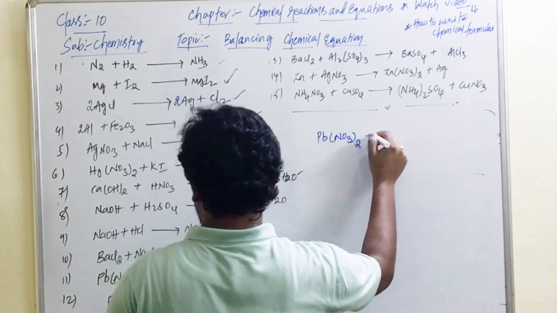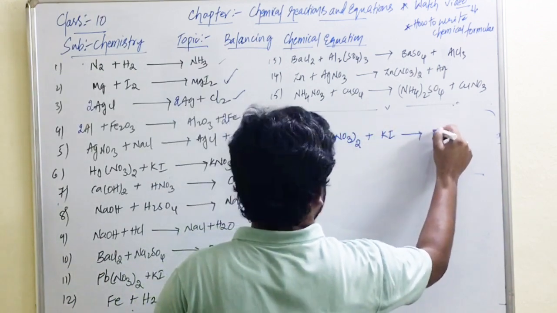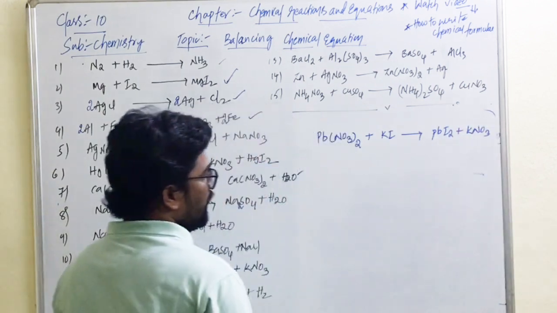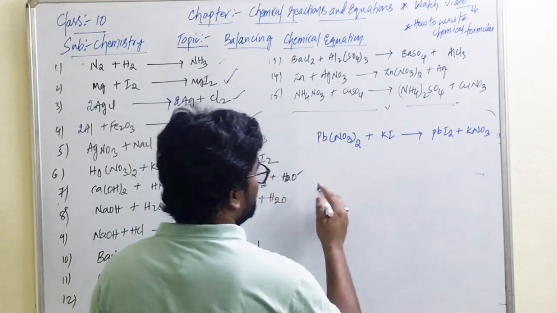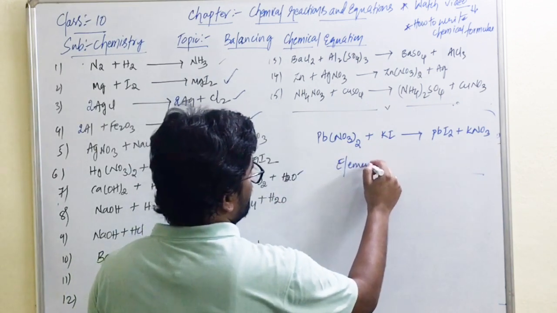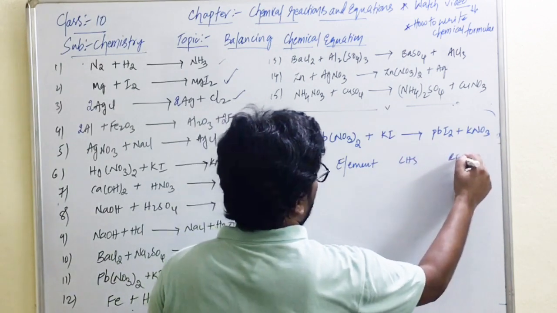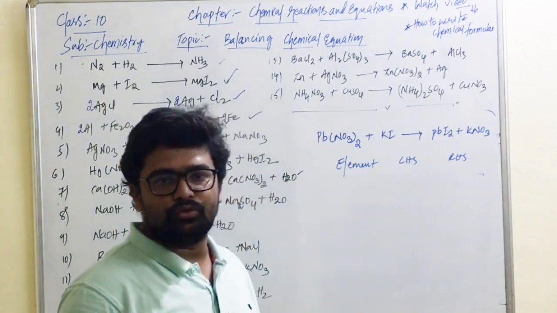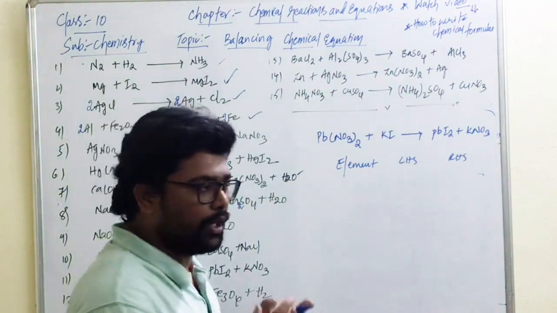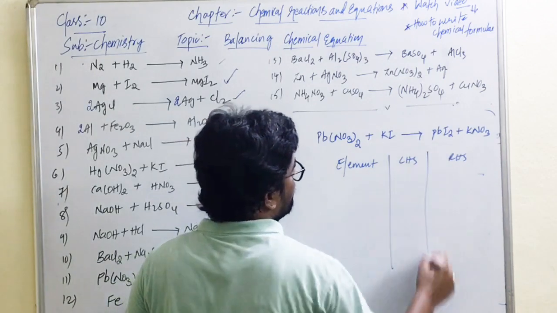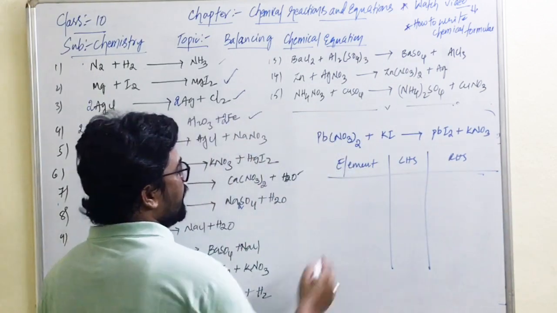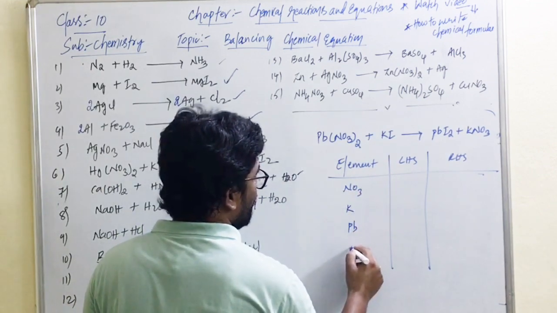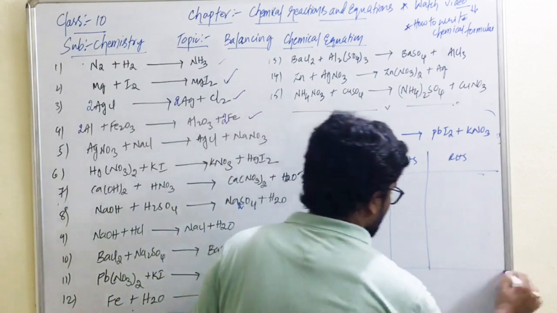Pb(NO3)2 plus KI. So this is similar to our equation where we balanced with mercuric nitrate. Here we have polyatomic ions again, right? You might be wondering, sir, what are polyatomic ions? NO3, CO3 2 minus, SO4 2 minus, OH minus, all these are polyatomic ions. Simple, you have to write polyatomic ions first, then metals, potassium, lead, then non-metals, and if there are any gases, you note them and write them down there. Okay.